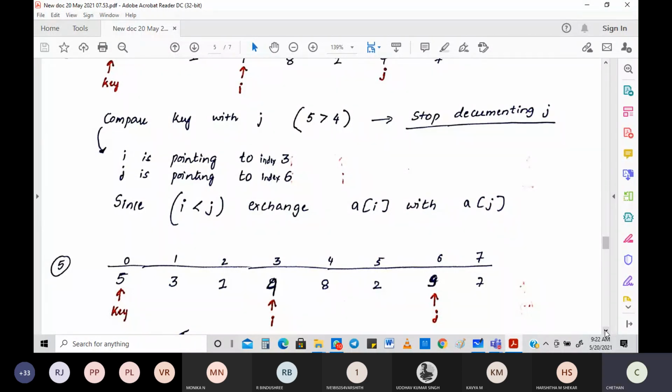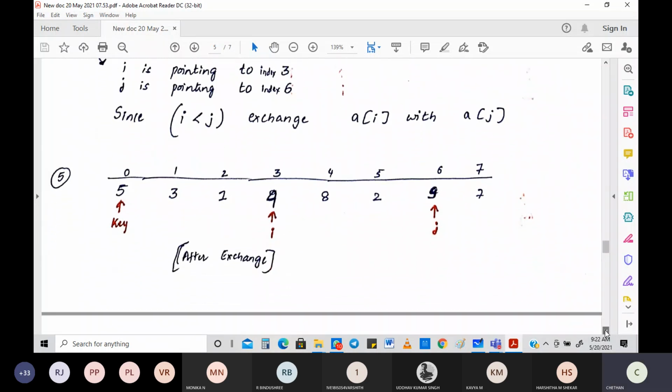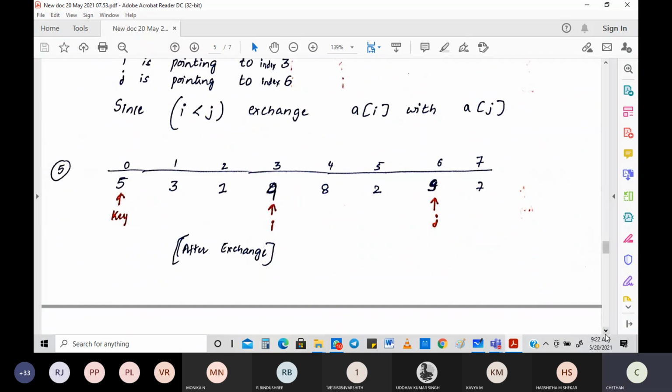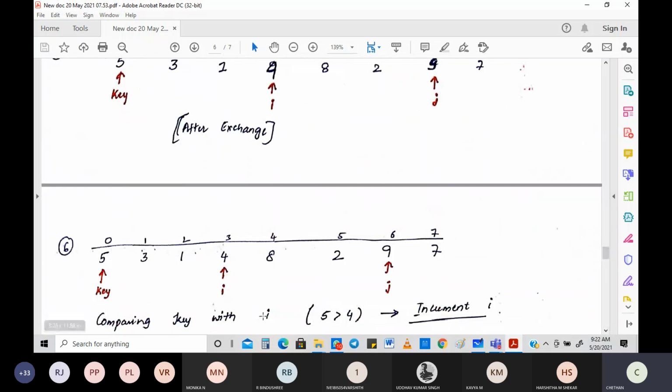What is the next step? Again, do the same old comparison with regard to key and I. Check this, this is after the exchanging part. Now again we are doing the comparison, comparing key with I. Now you may get a doubt: we were talking about I index value here, why not here? I'm writing I here because it's nothing but A of I only. To make it simpler, I'm writing it as I, but you can take it as A of I. The values that are there are what we generally take.